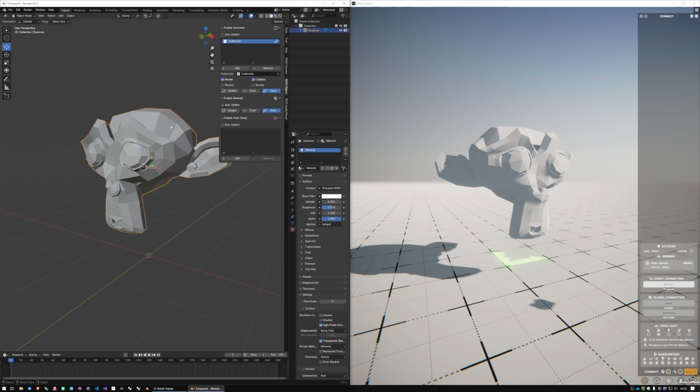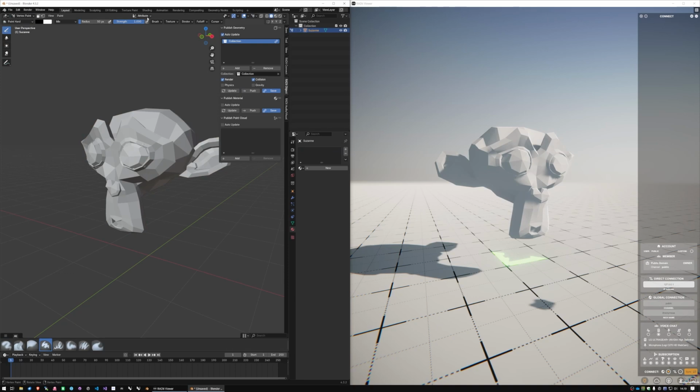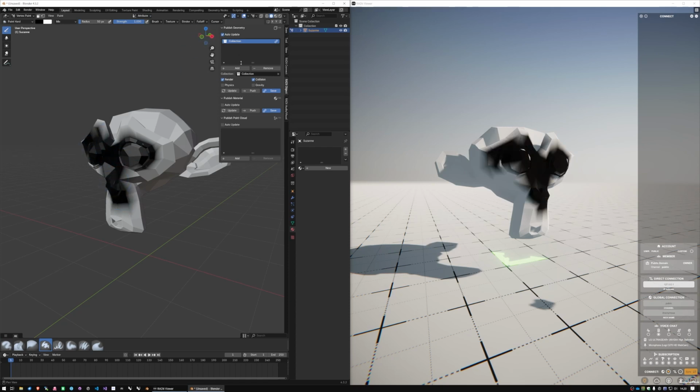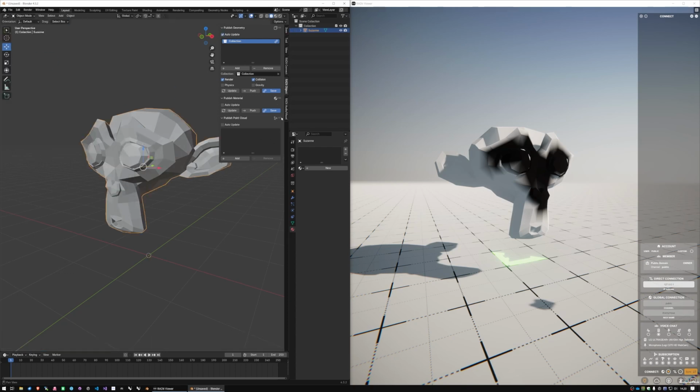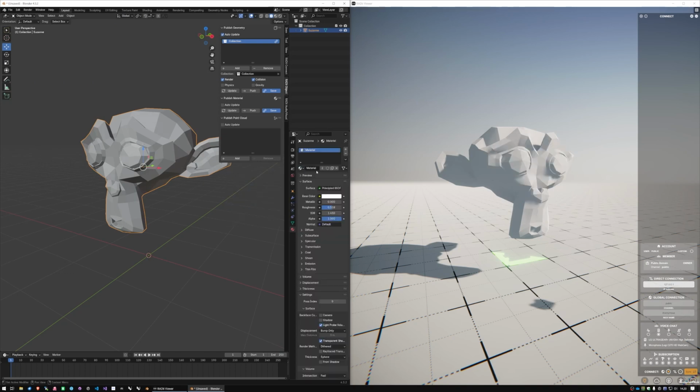Another thing that you can do with this is, let me remove the material from the update here, and just update here. Let's turn on auto update, and then you can go into vertex paint, for example. Vertex paint has to be by vertex, so let's just do that, and then you can start to vertex paint your geometry, and it auto updates as you're doing it. So we don't want to do that. Let's just go back to object mode here, and then just give it the material, and then you're back again, because that overrides the vertex coloring.